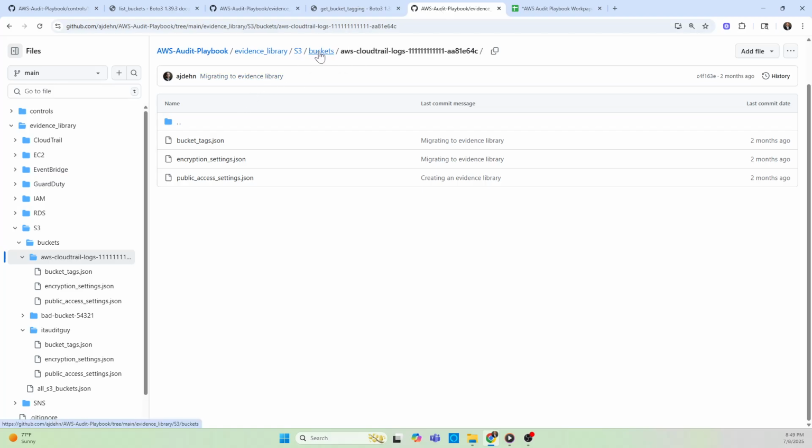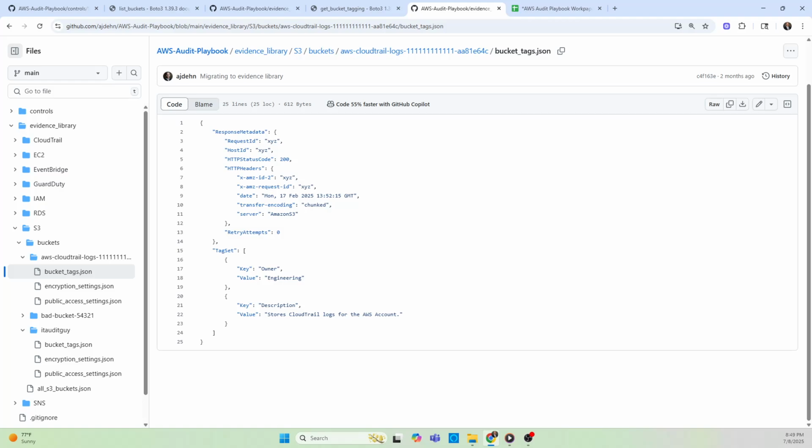So if I go into my buckets folder and I just look at this CloudTrail and then look at the bucket tags.json, you can see this is another live example, another beautiful date timestamp. And then you can see that this bucket has 2 tags attached. And again, you have the square bracket of all the tags and then each individual tag with a key and value pair. AWS has really strong tagging